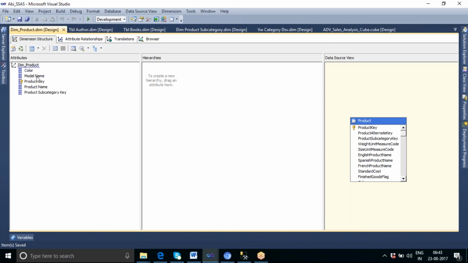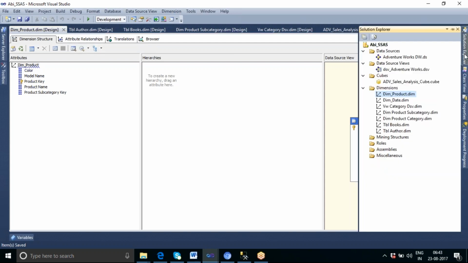Out of 30, you have chosen only 4 as per your requirement. Now, when you process it, will the SSAS solution fetch all the columns data or only these 4 columns? It is not fetching all the columns, it is just fetching these 4 columns. So some performance improvement will be there, no? This is one of the steps where we can improve the performance. Instead of pulling the 30 columns data, it is now pulling only the 4 columns data.